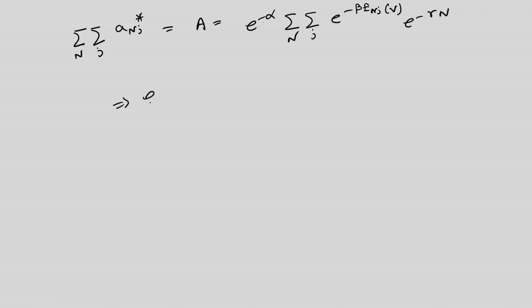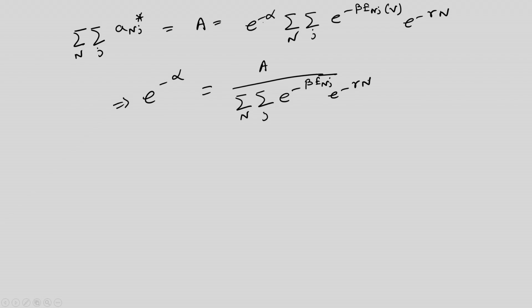So, we get e to the minus alpha is A by sum over n, sum over j, e to the minus beta E n j and e to the minus gamma n. Now, if we substitute the value of e to the minus alpha into the expression of A n j, we get